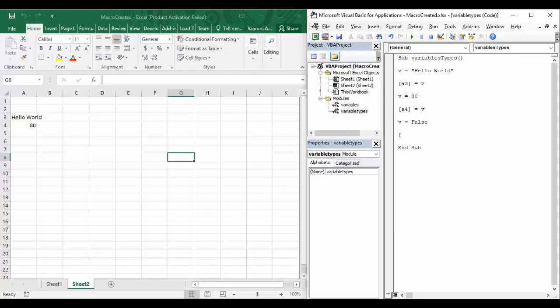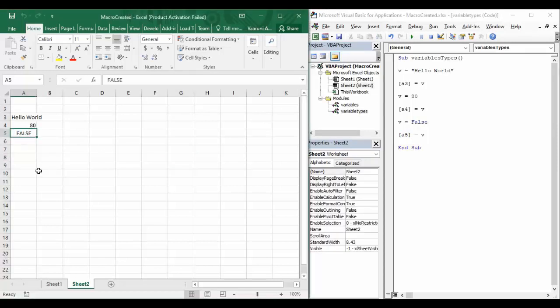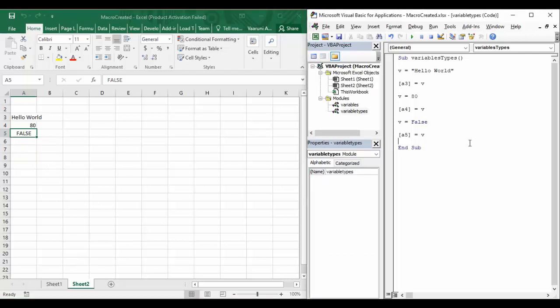Let's see what happens when we try to just use that value. We try to access that value by providing a5 equals v. So that's a perfectly valid statement, and let's see if this throws an error or not. So you can see first statement, second statement, third statement, fourth statement. Now fifth statement is the new one, it doesn't throw an error. Sixth statement is the new one, it doesn't throw an error. And you can see that in the cell A5 on the left side of your screen we have got the value as false.